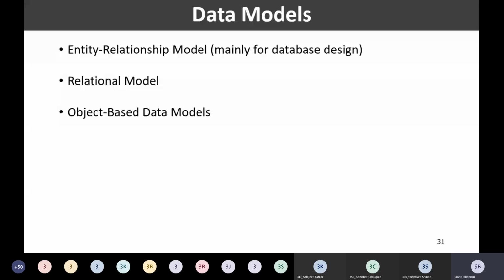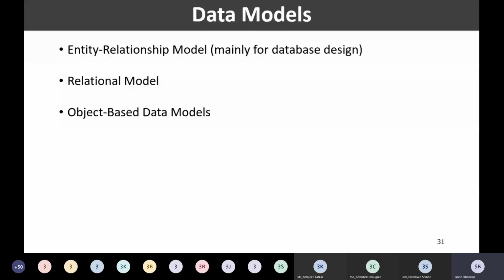Nowadays, object-oriented programming languages, or object-oriented programming, have gained popularity, right? And this is becoming a dominant software development methodology.